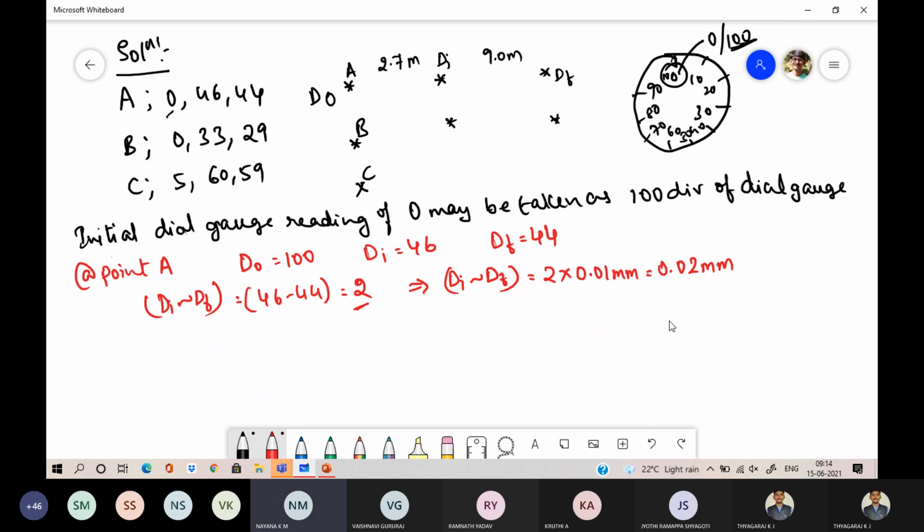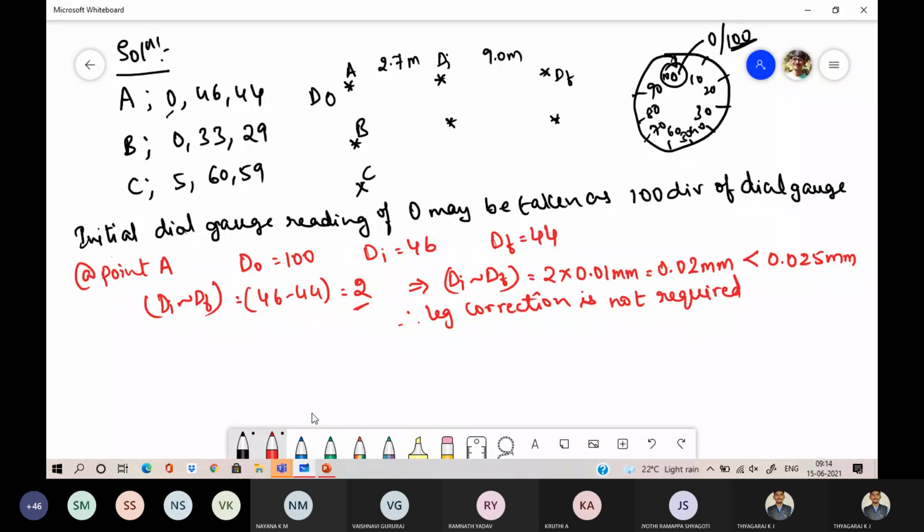Check it. What is the criteria for leg correction? No, sir. Not supposed to apply. It is less than 0.025 mm. Since it is less than 0.025 mm, therefore leg correction is not necessary. Leg correction is not required. Make a statement here. So what will be the deflection value now?